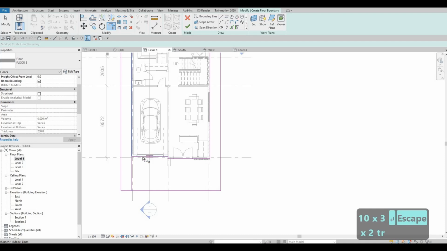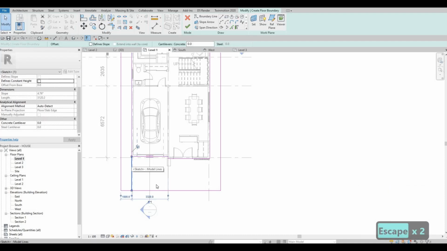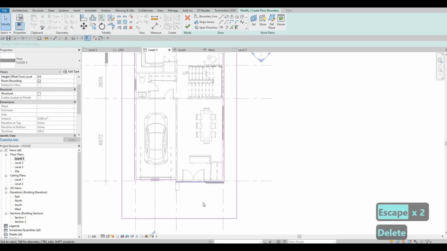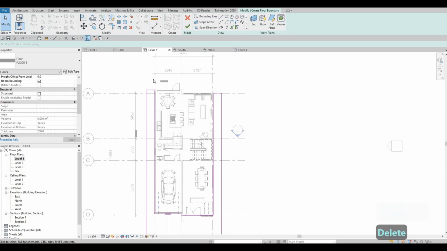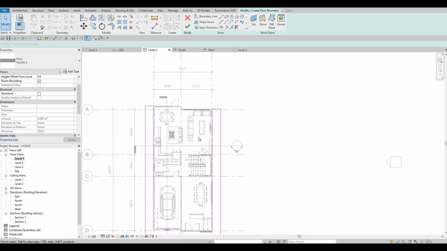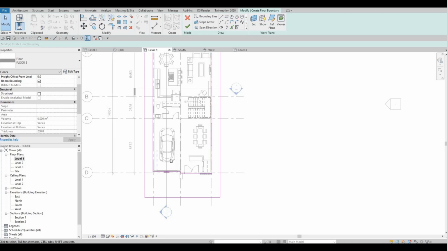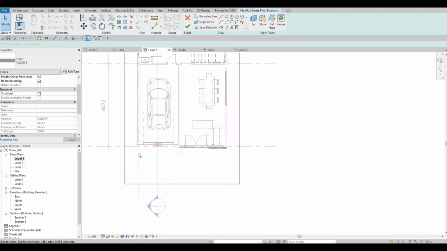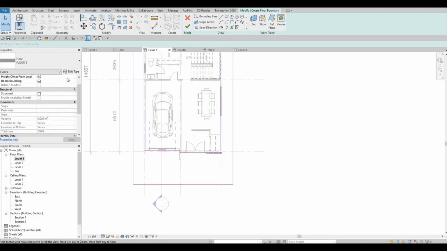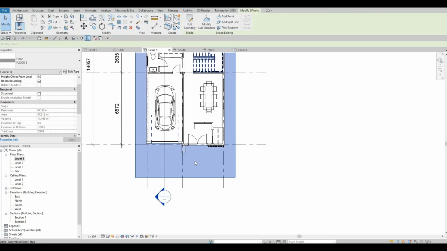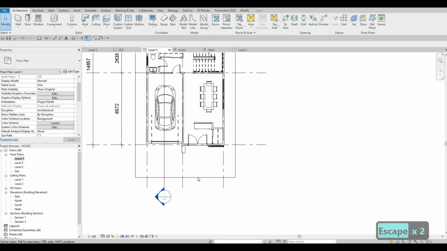So let's trim all this stuff and delete the stuff that are remaining. Obviously we're gonna add something right here, but I'm just gonna change this material right here for now. Click finish. Then we have the floor right here. We need another